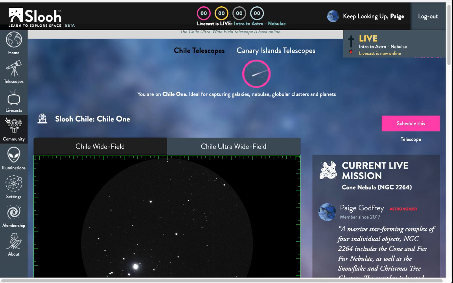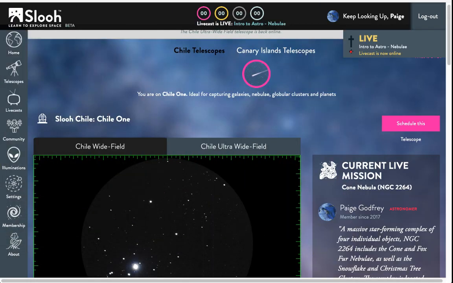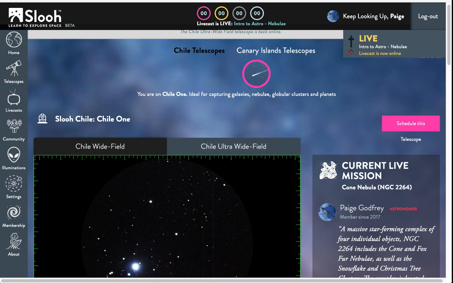But I will look, since I have a few minutes. Oh, don't look at all my files on my computer. I'm going to pull aside to a photo folder that I have and see if I can't find you a really beautiful Crab Nebula image before I sign off. I think that would be appropriate. And I know I have one somewhere. You'll just have to be patient with me. I swear I have one somewhere.